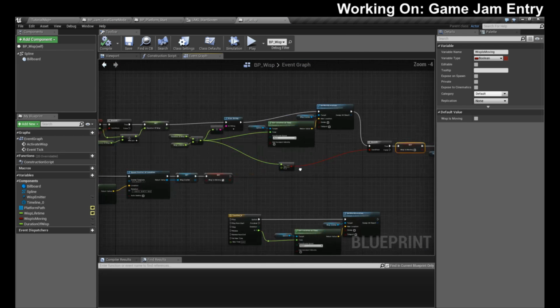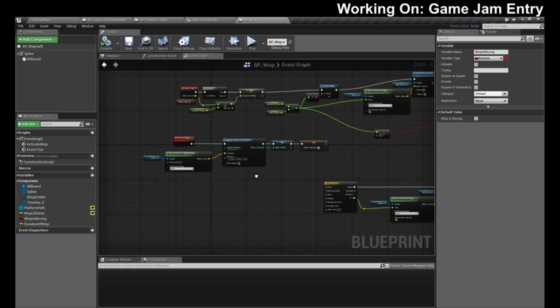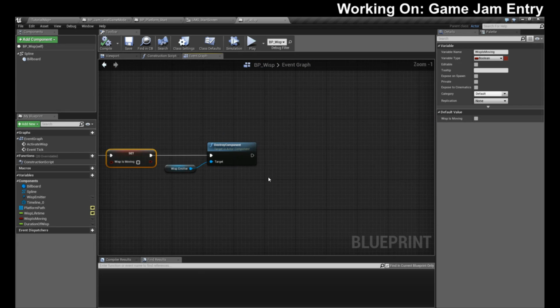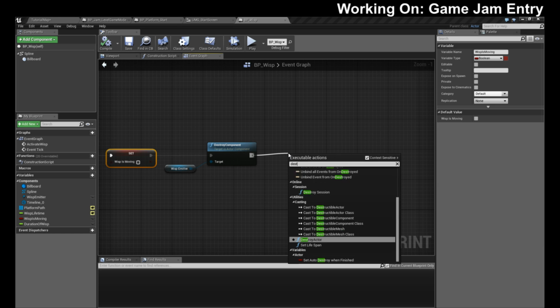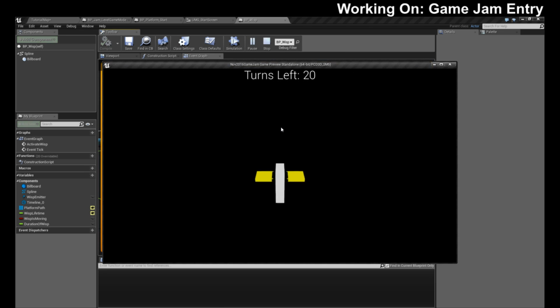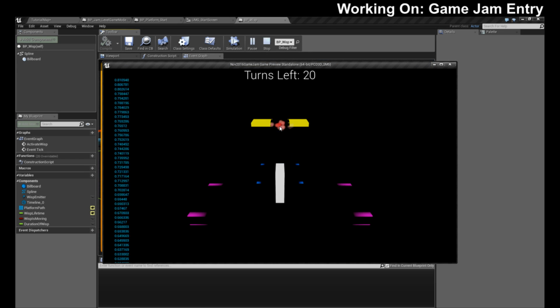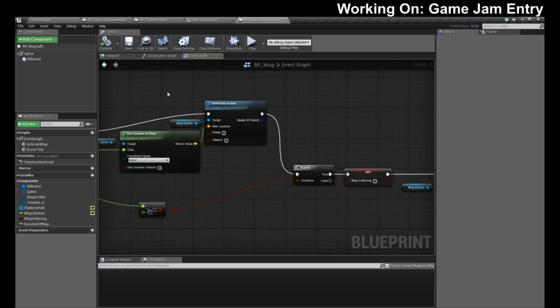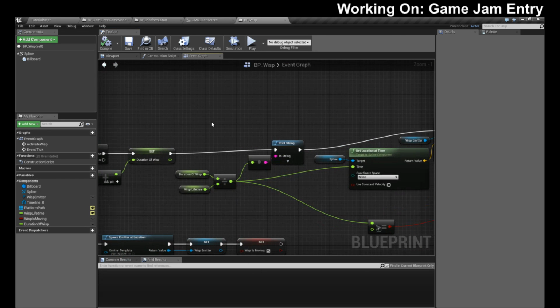I still need to destroy the spline though, so let's actually destroy the spawn and then destroy actor. This way this thing isn't continually ticking. It will destroy itself. There we go. You have no more debug. There we go. So we should have dropped 2 seconds. Stop. Let's go ahead and kill the debug.